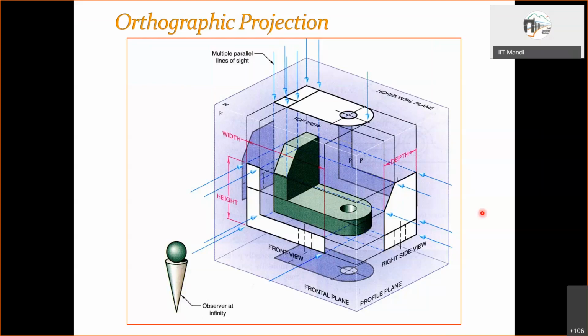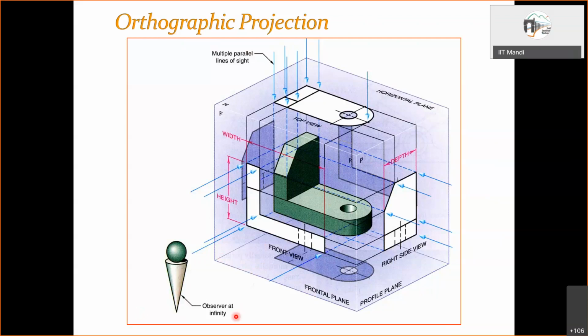so this view, whatever has been shown here, is termed a box type view. This allows us to consider the maximum possible views to be obtained for any object when it is placed. This more or less corresponds to the third angle projection method, because you can see that the observer is here and here is the plane of projection, and behind that is the object.